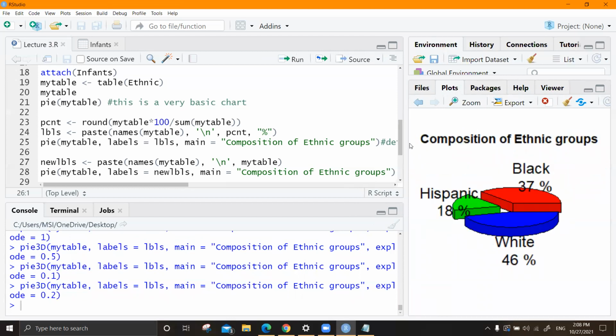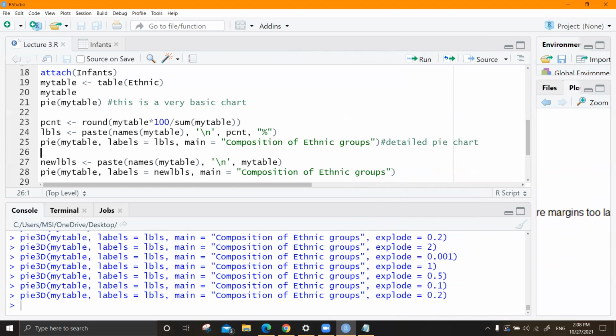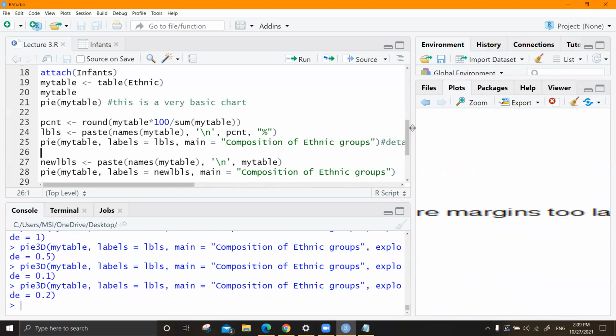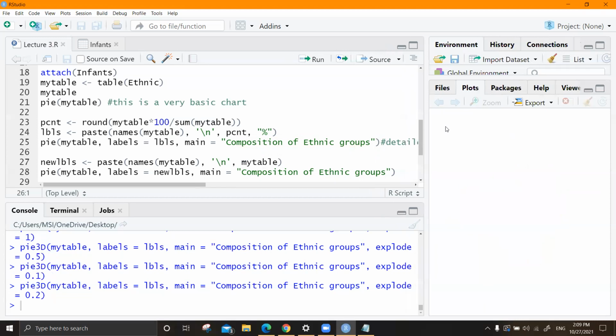Initially, if you had your window like this, most probably, even if you drag this, you won't get the plot. So if that is the case, you have to recompile. I deleted all the plots that I have.